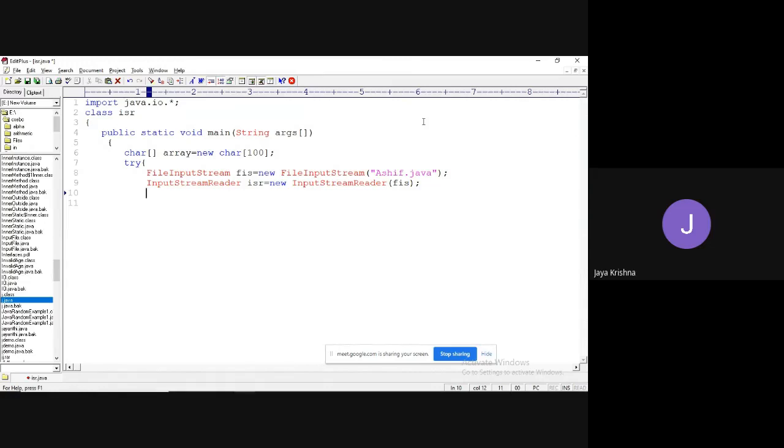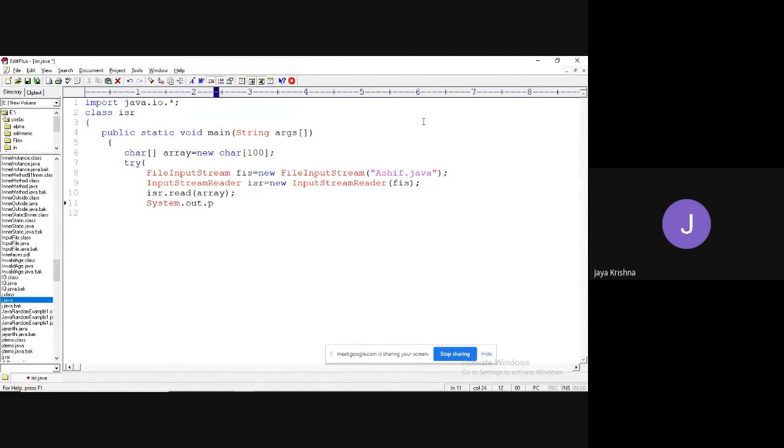Okay, fine. Now I need to read that data. Which data do I need to read? The data which is in the archive.java file. So for that, what can I use? I can use the object of InputStreamReader through the read method. Through this read method, I can pass a character array, that's it. Next, I will print the data.